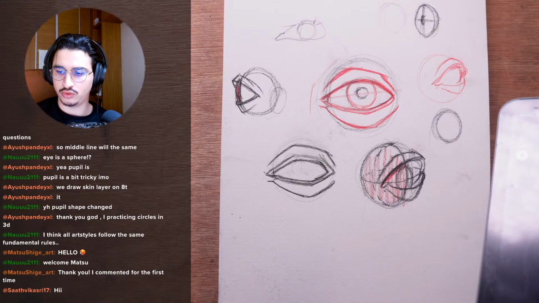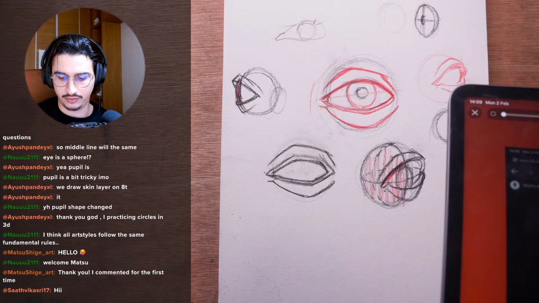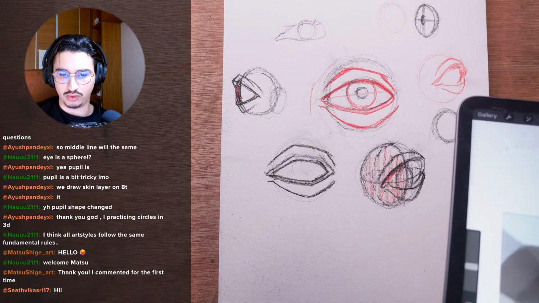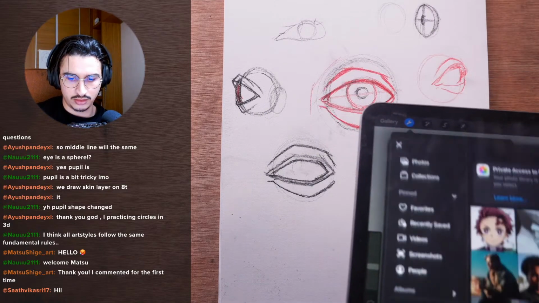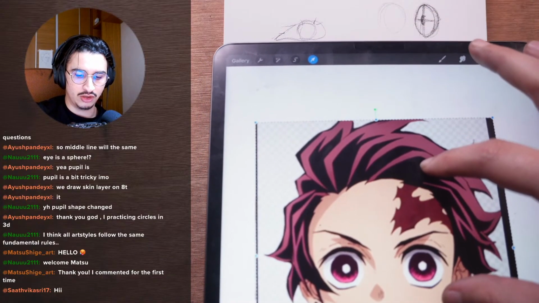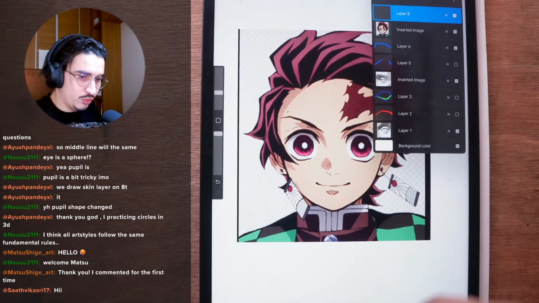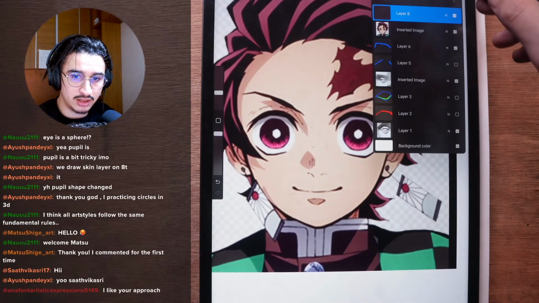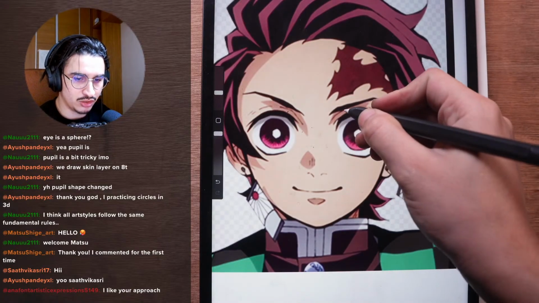Because people usually think that if they want to draw stylized, it doesn't matter if they understand the structure or not, because it seems simple to copy from, let's say, anime. Or because in anime you can see that the eye looks different from a realistic eye. So let me just show you how this eye is following the exact same process. The only thing is the whole eyeball is a lot bigger, so we'll have